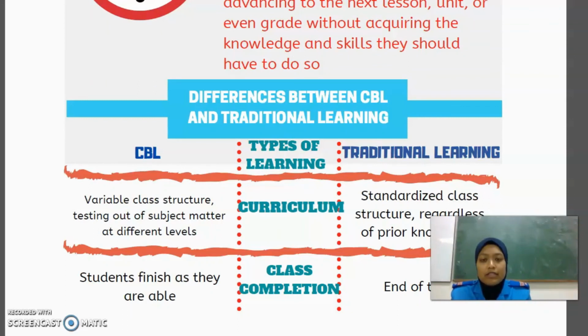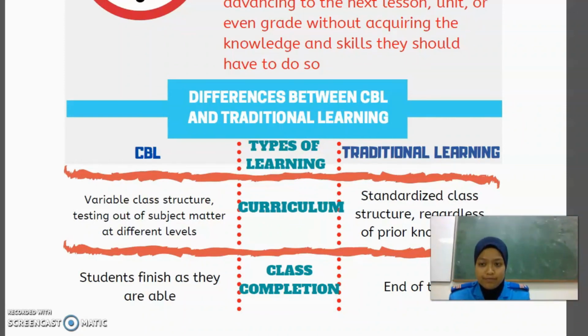For example, the curriculum and lessons are based on a standardized and government-approved textbook, which the teacher and students work through. Whereas for CBL, the curriculum is based on a variable class structure, testing out of subject matter at different levels, like Bloom's taxonomy, which is remembering, understanding, applying, analyzing,